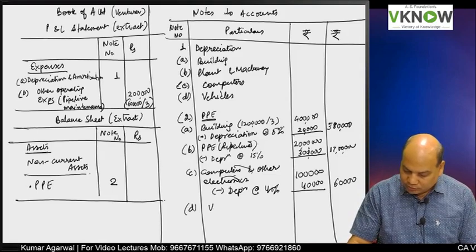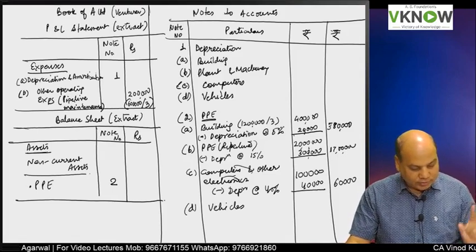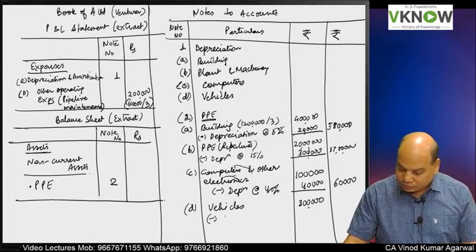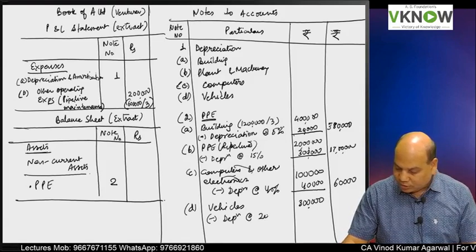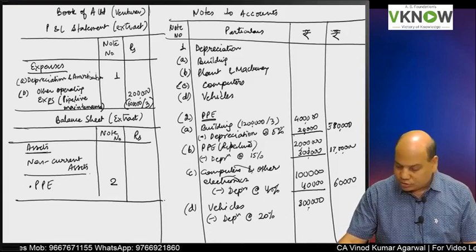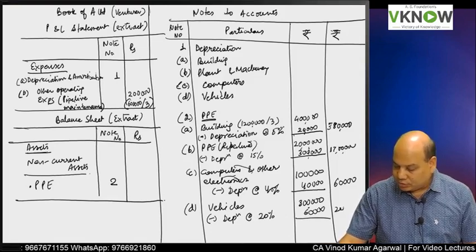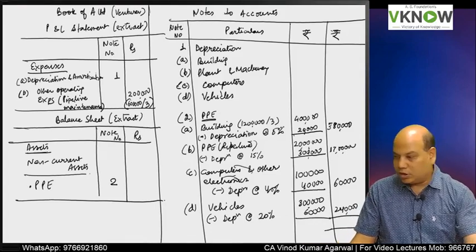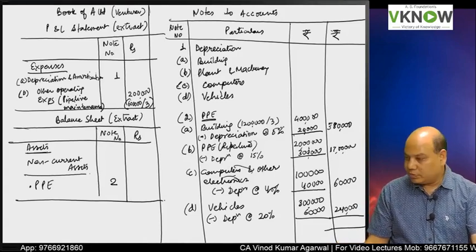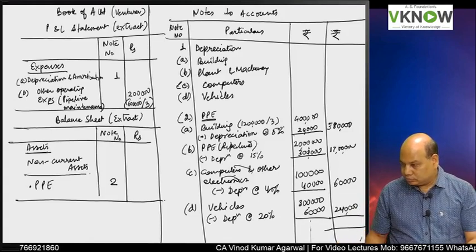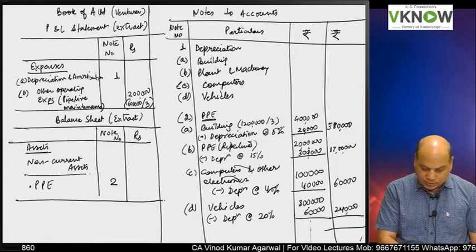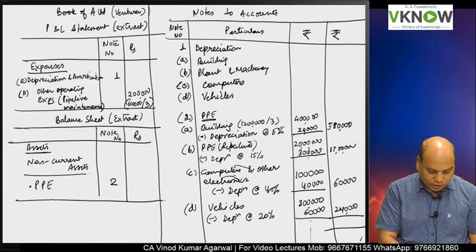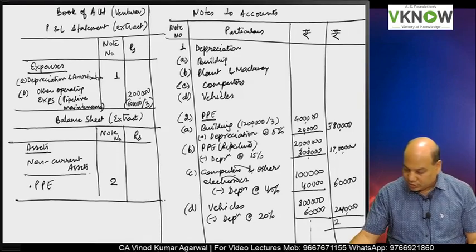And one more item, write down vehicles. Take on your calculator, 9 lakh divided by 3, 3 lakh. Less depreciation at the rate 20%, and that comes to 60,000. Total 2,40,000. Take the total of the PPE item, that is 3,80,000 plus 17 lakh plus 60,000 plus 2,40,000. So that comes to 23 lakh